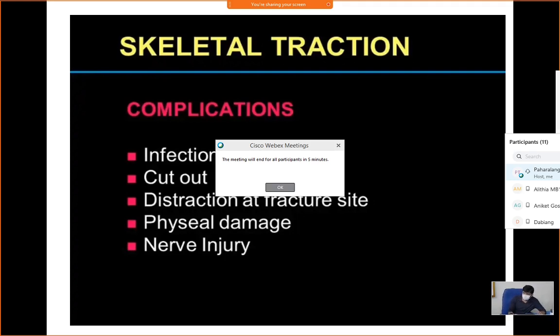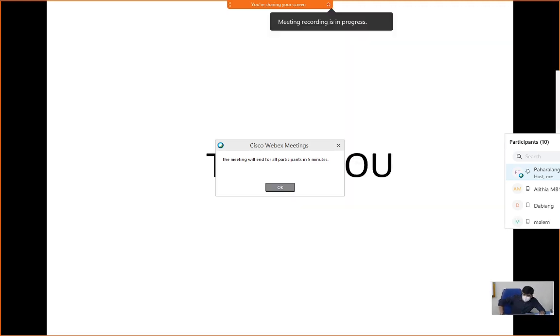So this is all about splints and traction in orthopedics. This is just an overview of the things we are using often here. There are lots of other things which are either not used nowadays or used very rarely. So it is not possible to discuss all these things in 1 hour. So that's all. Thank you.